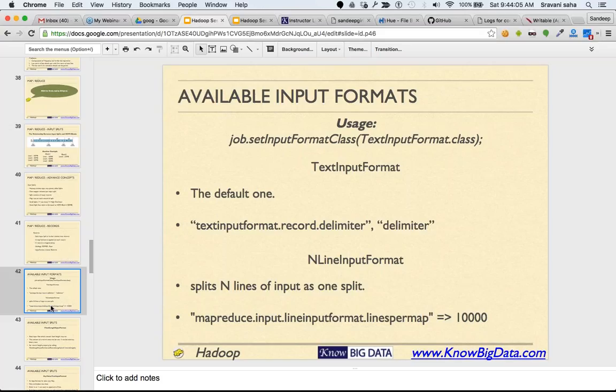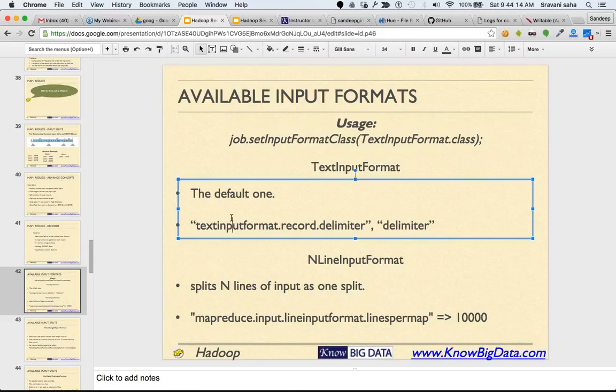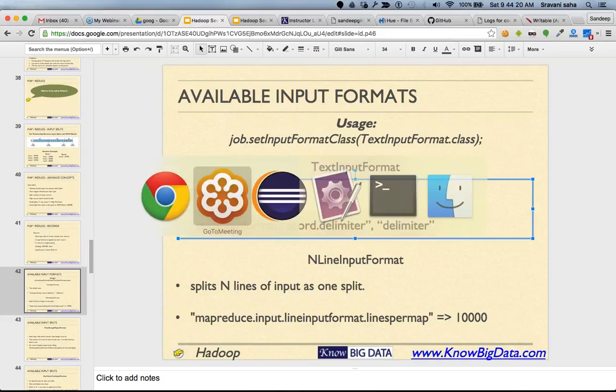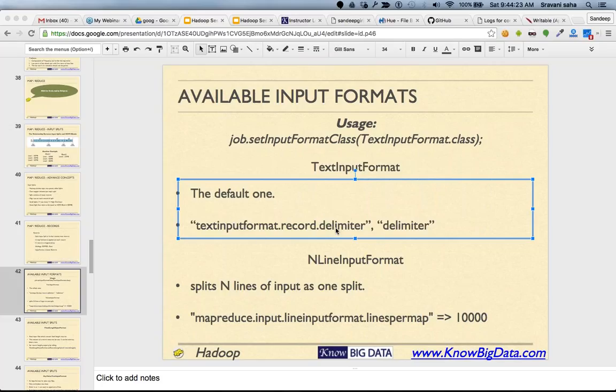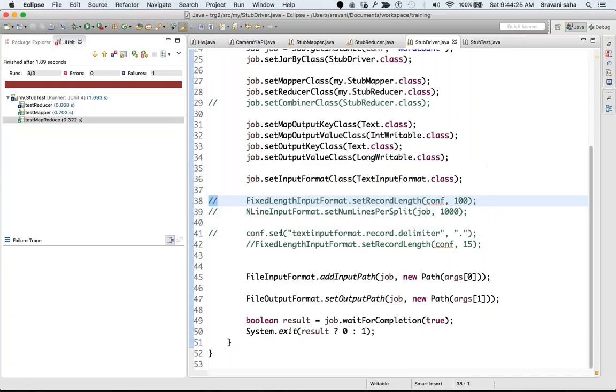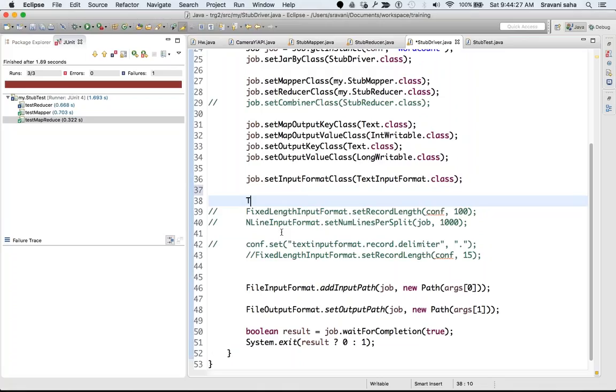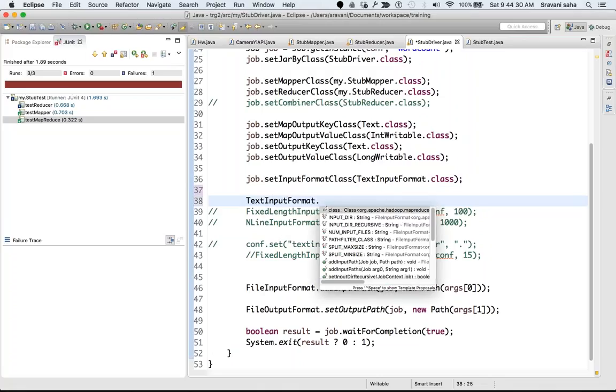In case you want to split the data by dot, you can very easily do that by setting this particular configuration as text input format dot record dot delimiter. You can set this variable in the configuration like we have set here. Text input format dot set input split size. You can also specify the size, and